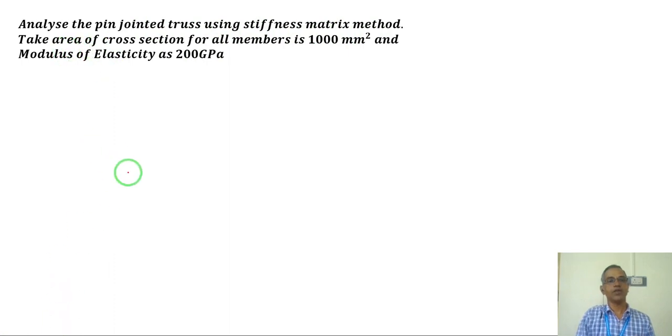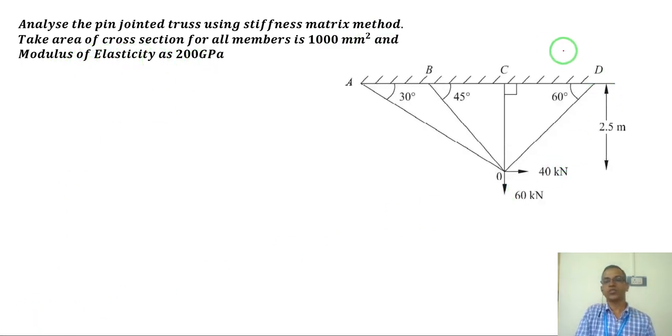Taking the area of cross section for all members as 1000 millimeter square and the modulus of elasticity as 200 GPa, this is the truss where the joints A, B, C and D are hinged. They cannot displace in X or Y directions. Only joint O can displace in X and Y direction due to the external load of 40 kilonewton and 60